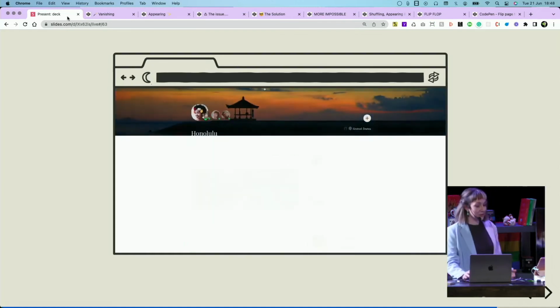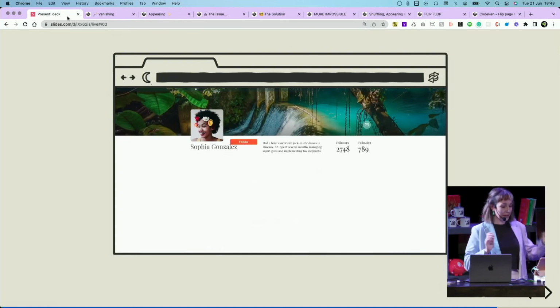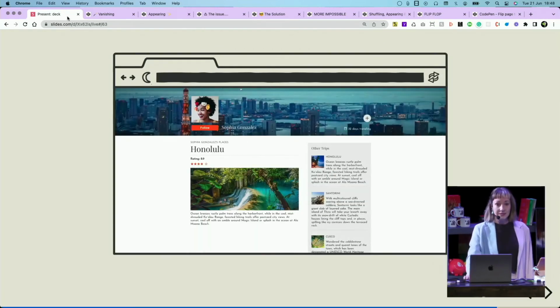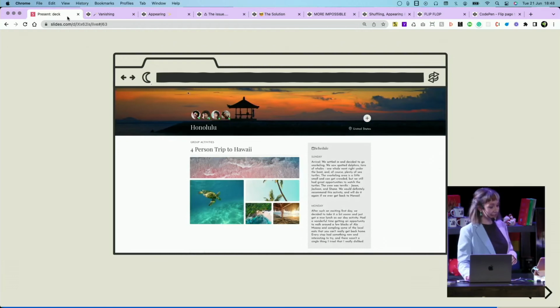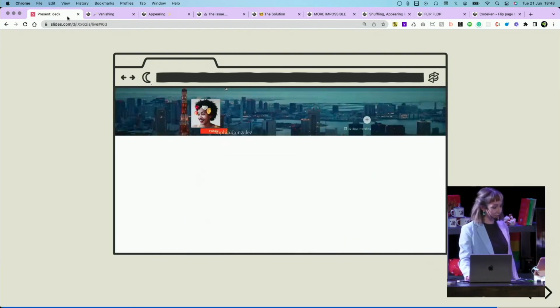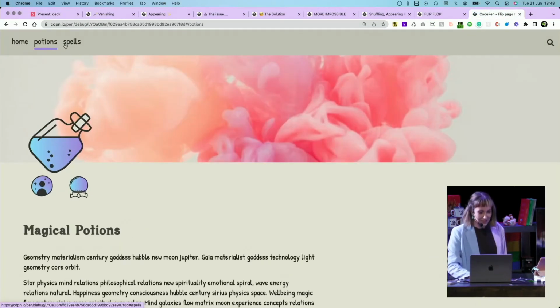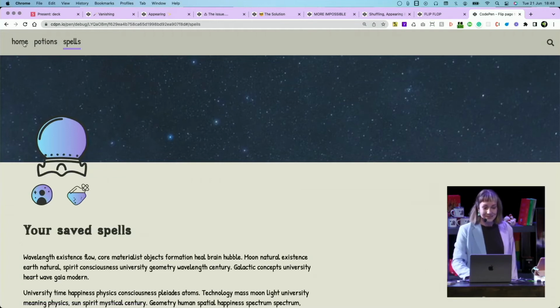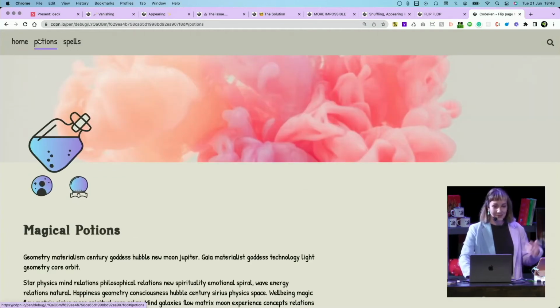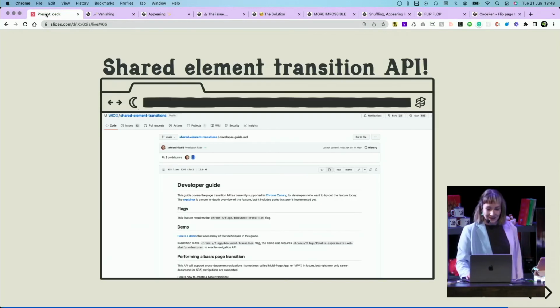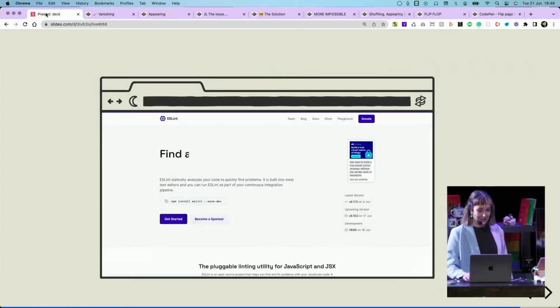So yeah, now that I've told you about Flip, I hope you'll see use cases for it everywhere. A really great one is page transitions. This is by Sarah Drasner. It's like a classic using Vue Transition Group. I also popped together this little demo. It's not as nice as Sarah's, but it's using Vue Router and Flip, if anyone wants to have a little look at that. And also, Jake Archibald's been sharing some really exciting things about the shared element transition API, which is coming to Chrome. So Jay's going to be chatting about this a little bit tomorrow, I think.